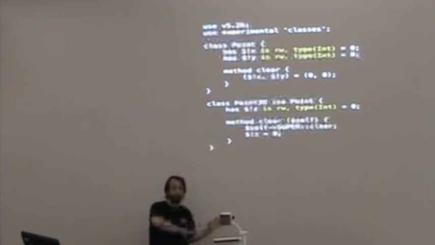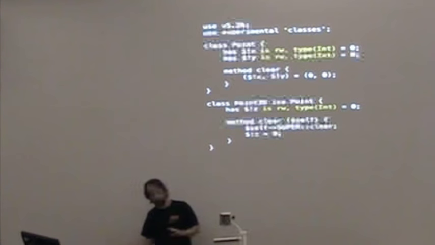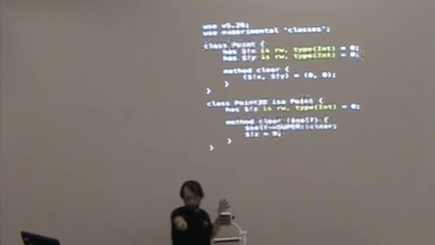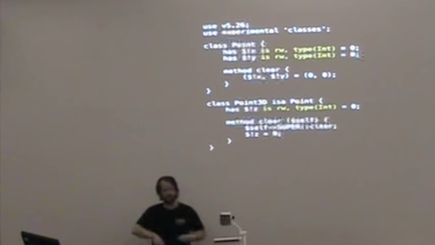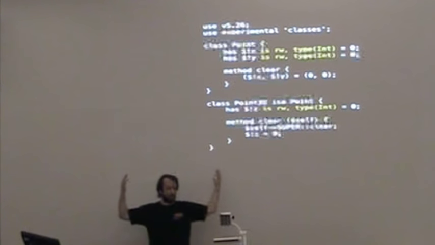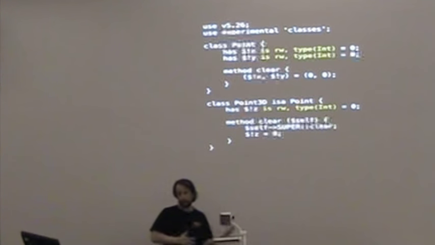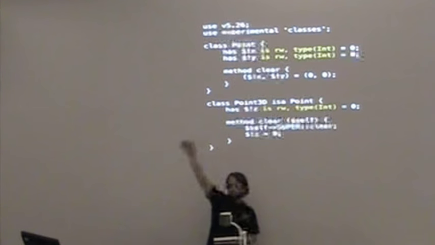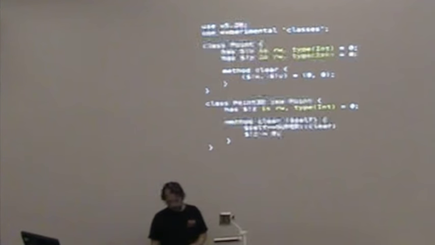Whether it actually becomes reality, whether it actually becomes part of the Perl core, I have no clue. I will build it, and it'll end up on CPAN, and because of a lot of the work that Stefan's done on the keyword API, it can be on CPAN. It doesn't actually have to be in the core. It could be faster in the core, but it doesn't have to be. So that's the topmost layer of the MLB.